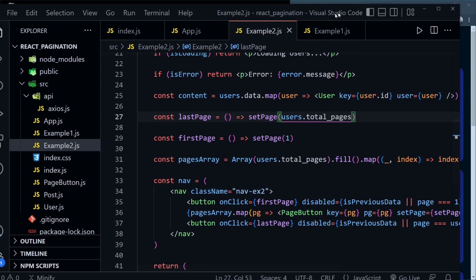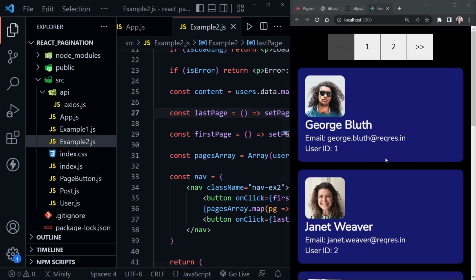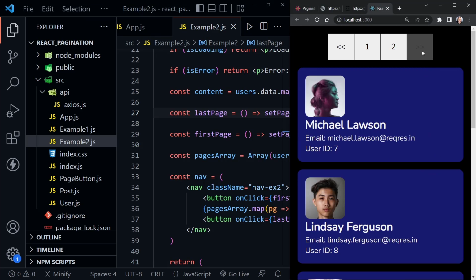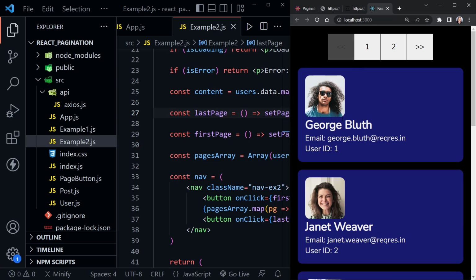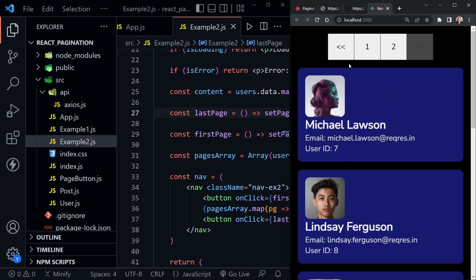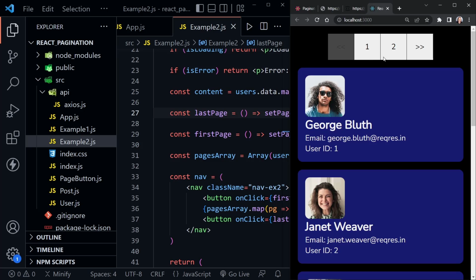So now let's drag this back and see if our buttons are still working as expected. So the button on the right took us to the last page. The button on the left took us to the first page. And so yes, everything is showing as we expect it to, and still the buttons on the left and the right are working. Overall, I hope this has helped you learn more about how you can create pagination in your pages,